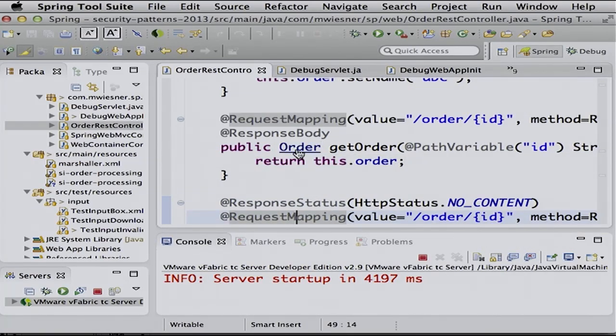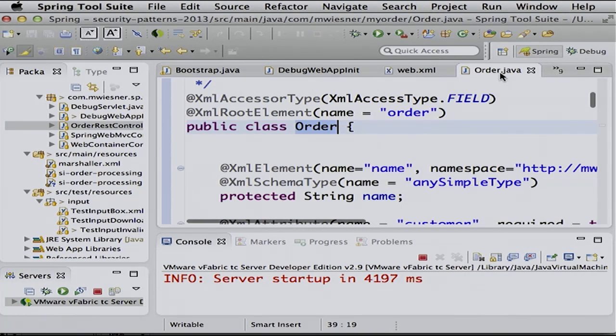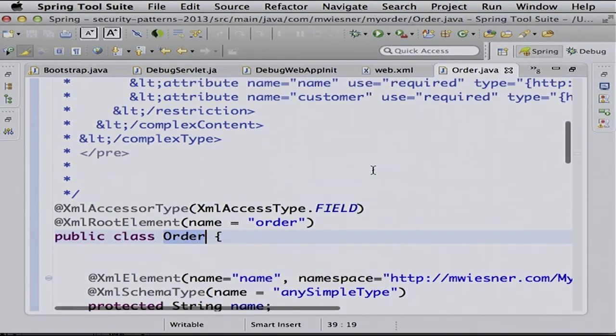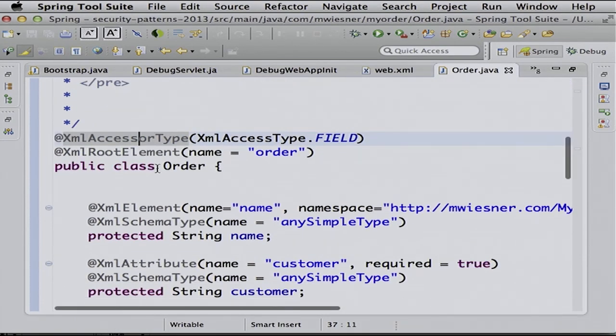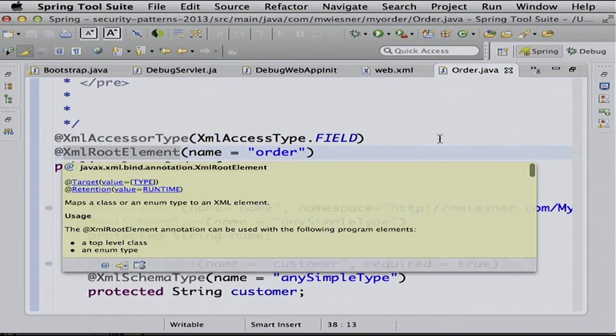And how does it work? So we just return an order. We don't return any XML, as you can see. It's just a Java object. But if you look at that order class, then you will see that this order class has these JAXB annotations on it. So you can create them yourself, or you can use the JAXB compiler in order to create it.